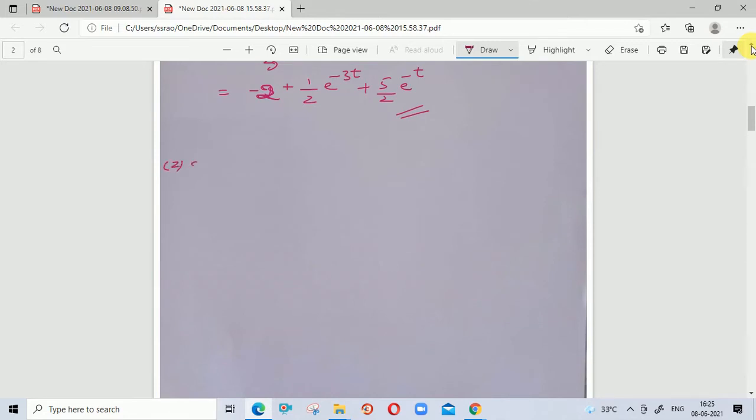So L inverse of 3p plus 1 divided by p minus 1 into p square plus 1. Okay, this is the problem, which is in the form of L inverse of P of p divided by Q of p, where